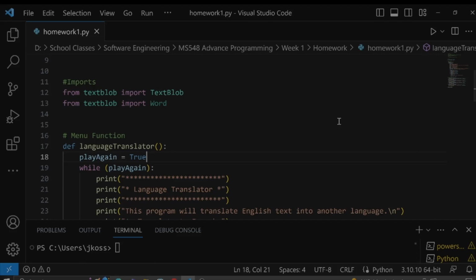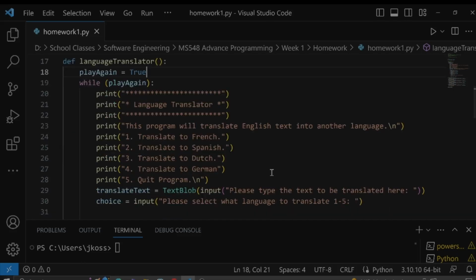I have basically, this is your main function called Language Translator. And it serves two purposes. The first purpose is it kicks off the program, so it starts it. It's kind of like your main loop, I guess you want to say, in other languages. But it is also your menu. So I have some things in here that make it work. I have a Boolean called play again, and I assign it to true. And then we have a while loop, which will play over and over again until play again is not equal to true. So what this does is it basically prints out the menu